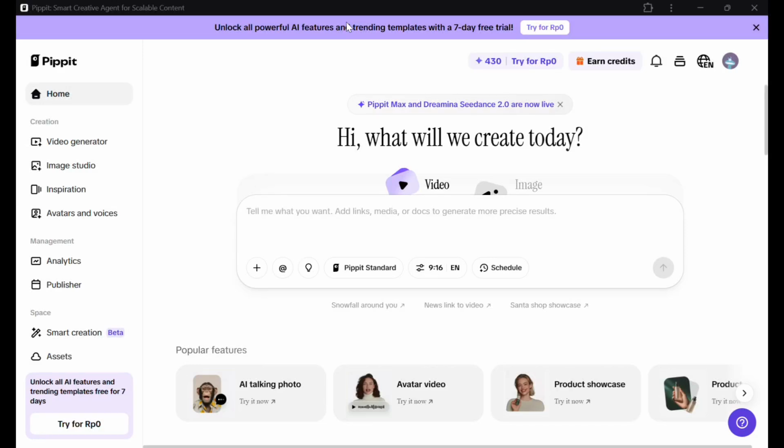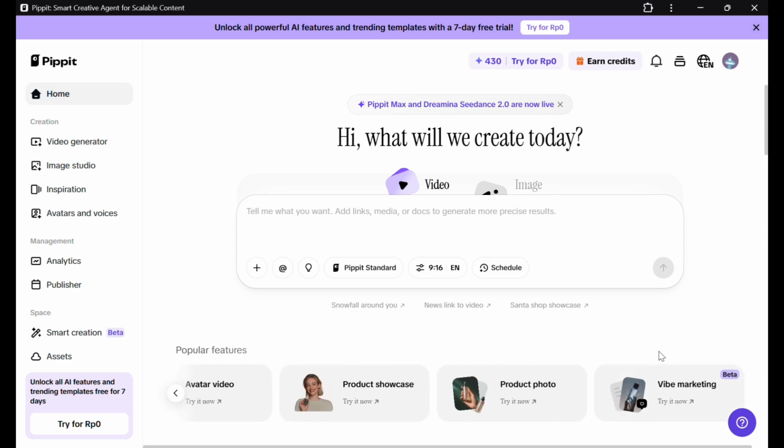In this tutorial, I will show you how to create AI comic using Pippit AI. So Pippit AI is an AI tool that will help you to create any AI content faster. Like you can create AI talking photos, avatar videos, product showcase, product photos, and then AI videos, marketing videos, and